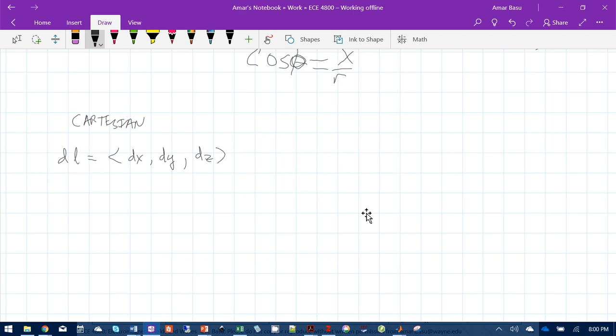In cylindrical coordinates, dL equals, so what's the first component? dr, right? Next one, r d phi, and dz. And remember, the other form of this is r hat dr plus